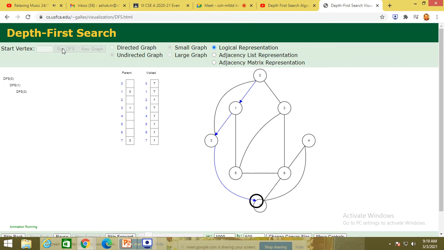Depth of 3 is 7. Does the 7 have its depth? Depth of 7 is 4. 4 has its depth. Depth of 4 is 6. 6 has its depth as 2. 2 has its depth as 0.